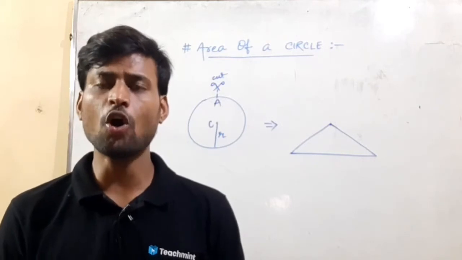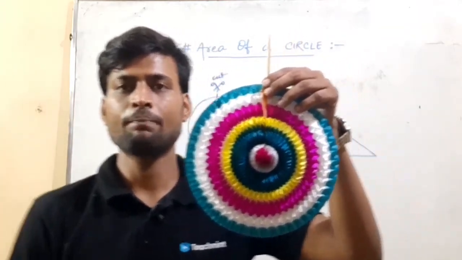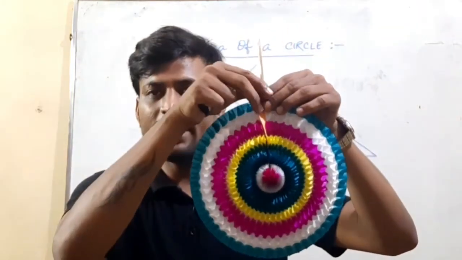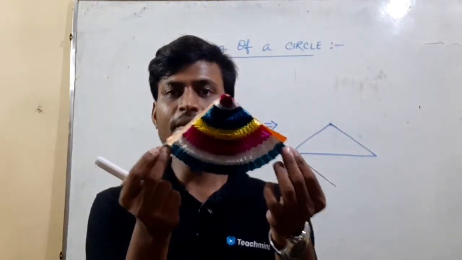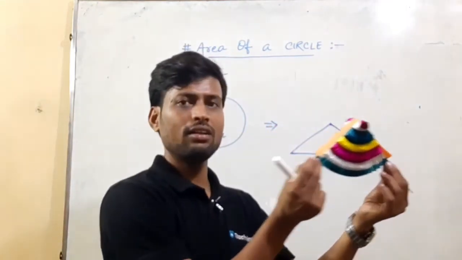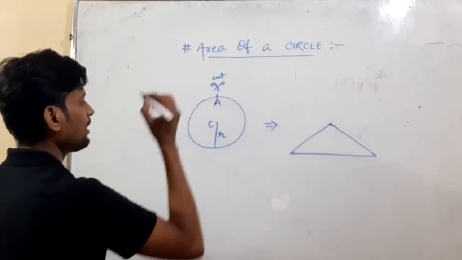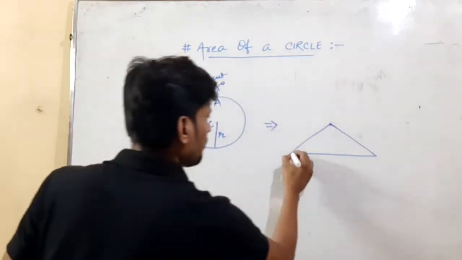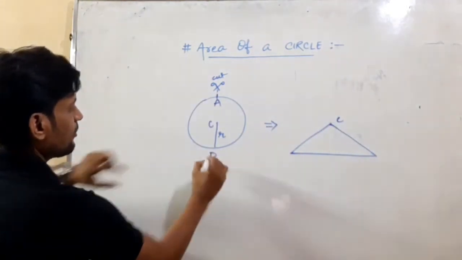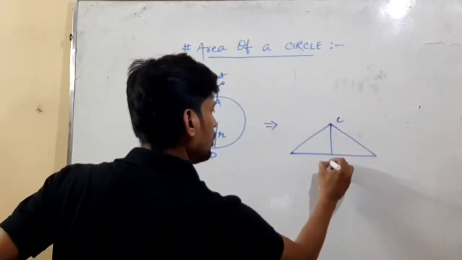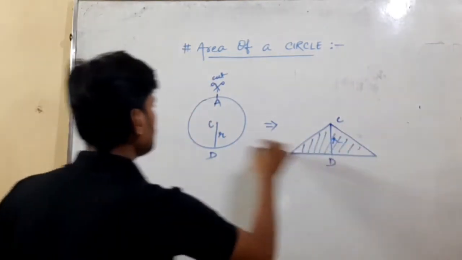Now, if I ask you how to obtain the area of a circle, in order to answer this question, we have to visualize this circle first. If we cut this circle from this particular point A, and if we extend this cut circle like this, then the kind of projection which we are getting is similar to this triangle, isn't it? So if we take a circle and cut it at a point A, and when we expand it, it will become a straight line, and this point C is nothing but this point C. And if the length of CD is r, then since the area of this triangle must be equal to the area of a circle,